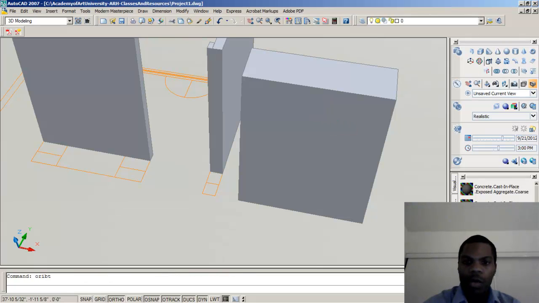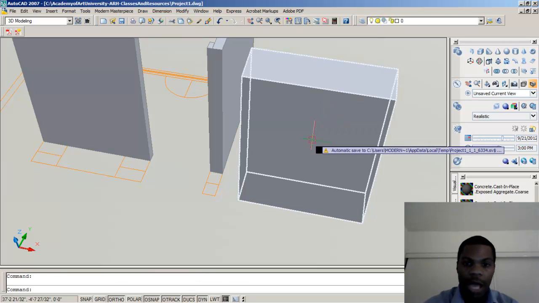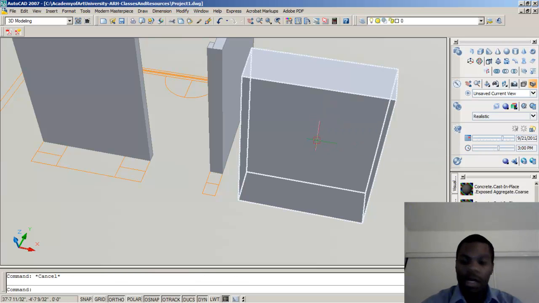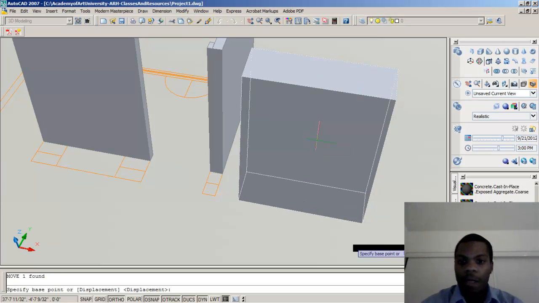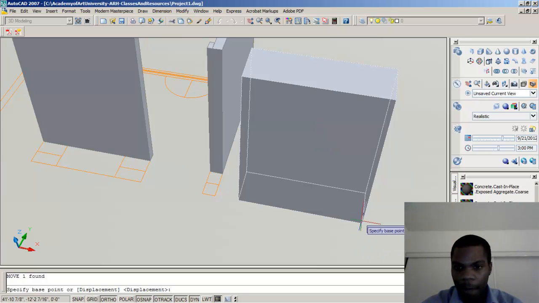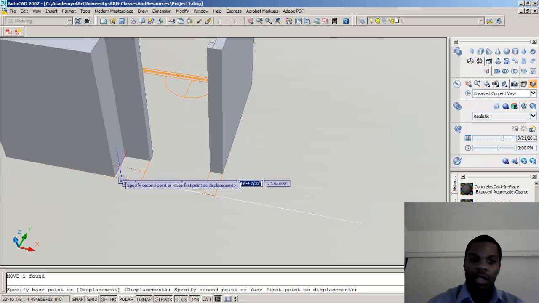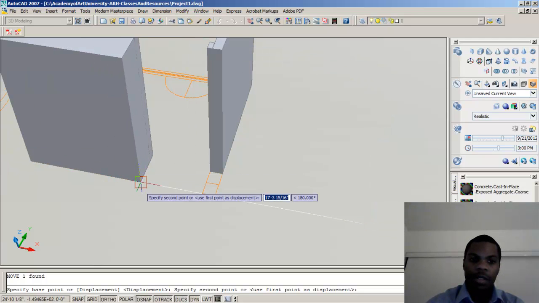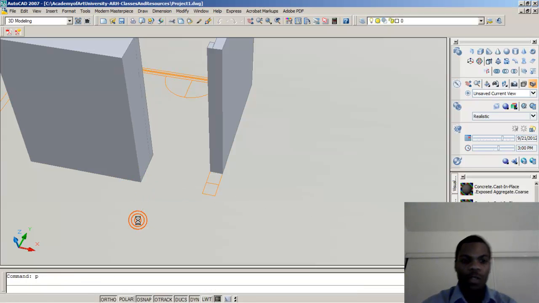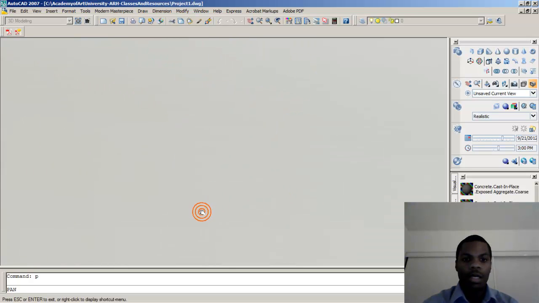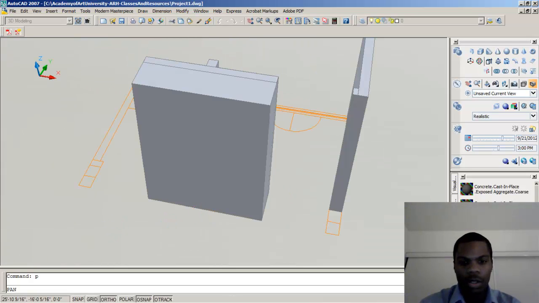So now I'm going to basically orbit a little bit more. Actually, I don't have to do that. I'm going to take this object, do move with the M, and use this outside point, which, by the way, I made these grips a lot larger because I like to have a larger grip to see what I'm snapping. And there's that. So if I do pan, and then orbit again,